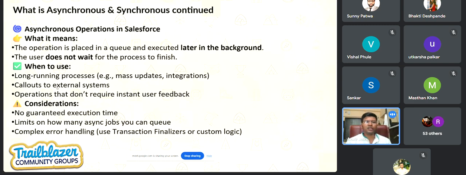Suppose a few records needed to be created but did not impact the user directly, and the next operation was not dependent on that heavy lifting. So we moved that to asynchronous mode. We used a future method in that use case, but we could have gone with Queueable as well. If heavy lifting comes up, go with asynchronous.